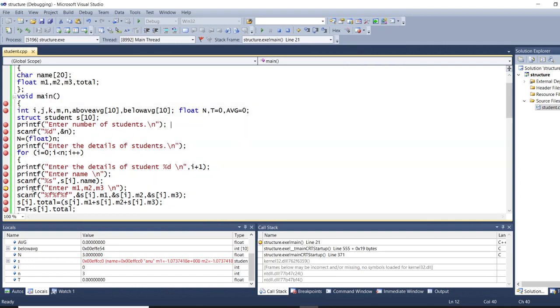Then it will ask the marks for that student, m1, m2, m3, and percentage of s0 dot m1, s0 dot m2, s0 dot m3. That is the first student's first mark, second mark, and third internal mark. Let's see how it reads the input.